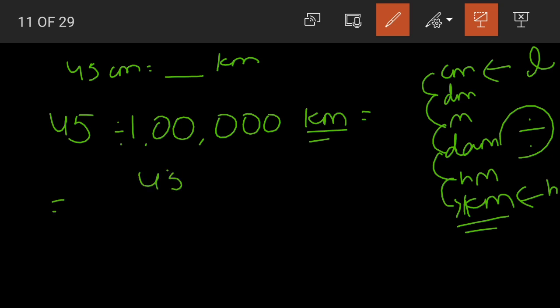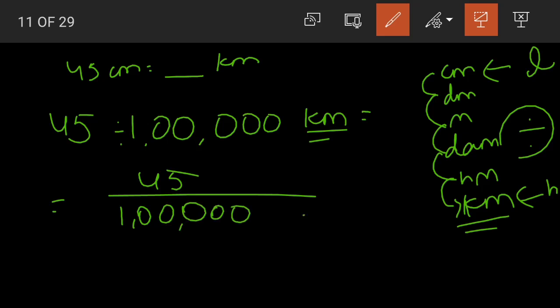Now how to divide 45 by 100000? How will we divide, children? If you remember the conversion of fractions into decimals, that is what will follow here. Our 1 lakh is a friendly denominator. Yes, children, if you have forgotten already how to convert fractions into decimals, you can visit our website and see again. We are already having the explained lesson over there, right? You can again go and see if you have forgotten.